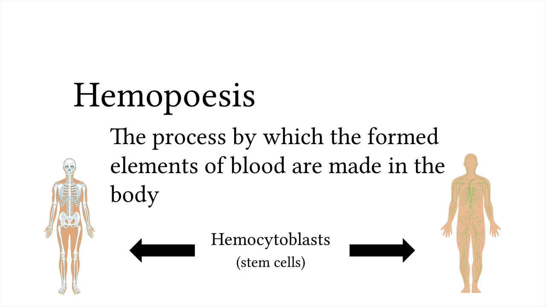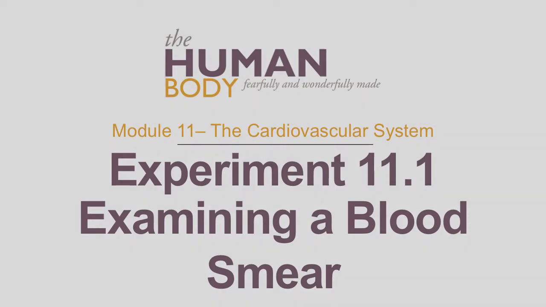In fact, red bone marrow is filled with stem cells. Stem cells are just undifferentiated cells that can divide to produce daughter cells of any type of blood cell that's needed. But they aren't created randomly. Your body has a carefully controlled process to make sure you have just the right number of each type of blood cell you need.